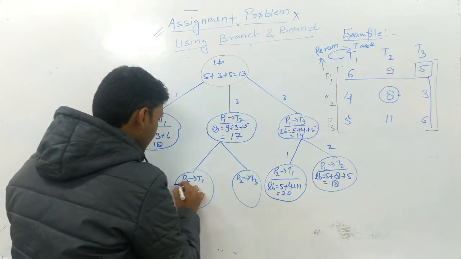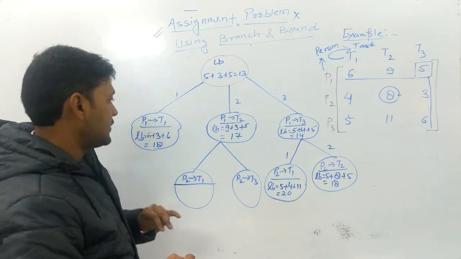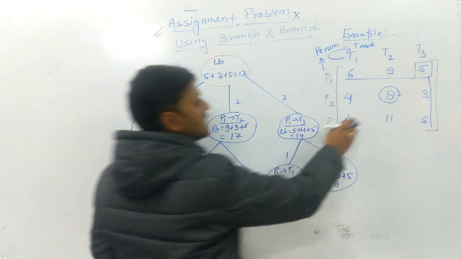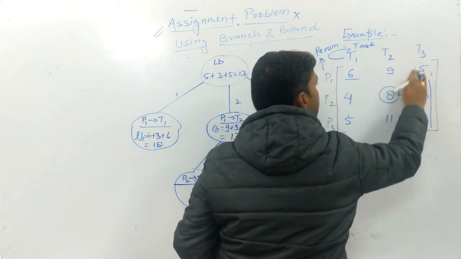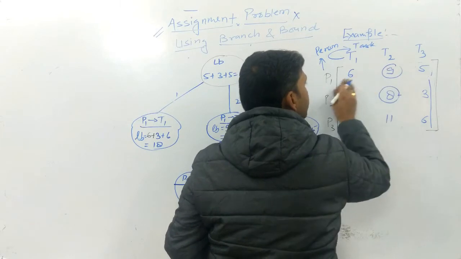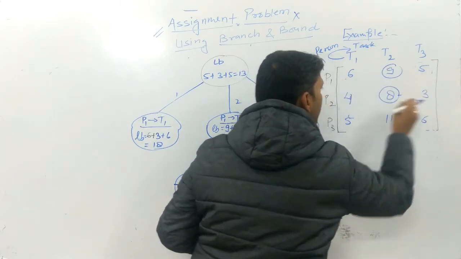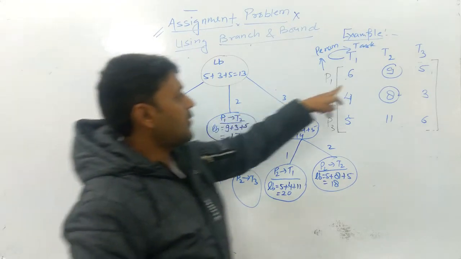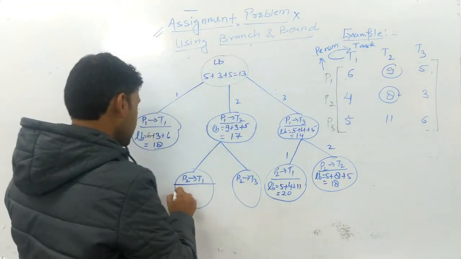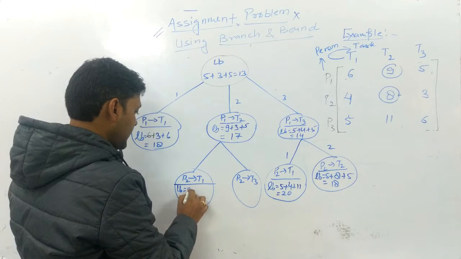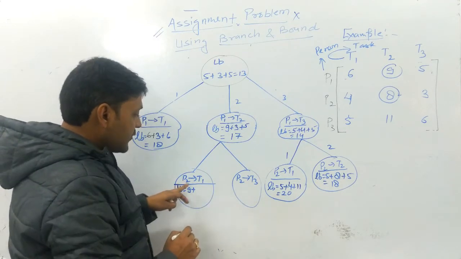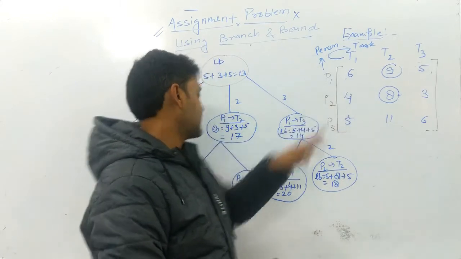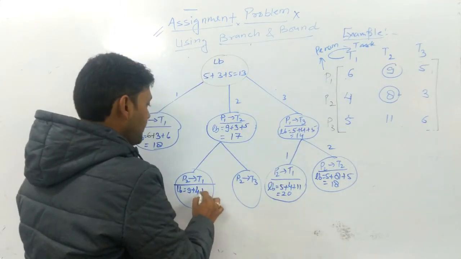Okay. So if we have to perform P2 by T1, that means here the fixed value is the next one, this one is performed. If P1 is already performed T2, this value is fixed. This is the lower bound value. This is the fixed value, this is 9. And P2 is performed T1, that means this is fixed. Okay, this is 4 plus